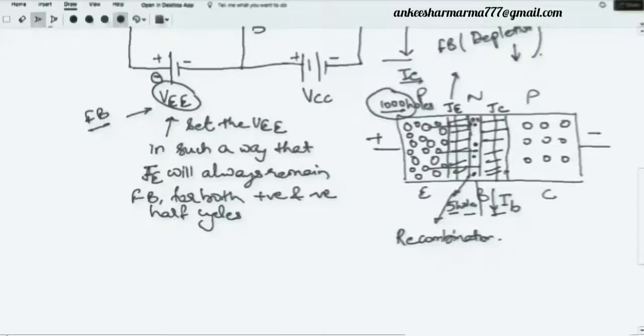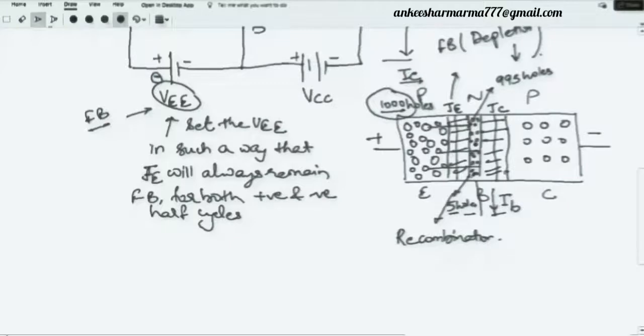Now what do we have here? All the holes have come. All these holes have reached here on the n side. It means how many holes have reached here? There were 1000, out of which 5 went into recombination, so now we have 995 holes left here. Now, if you see, these 995 holes are there at the end of the junction, now in the base region. Now, once they all have reached here, this forward biasing part is finished. Its role was only that the holes, or the majority carriers that were in the emitter from the P side, have to reach the base region, right? That is what happened here. Is it clear? Is it clear up to here?